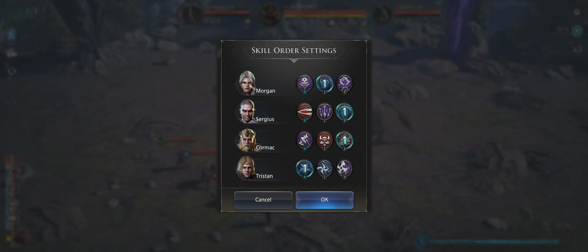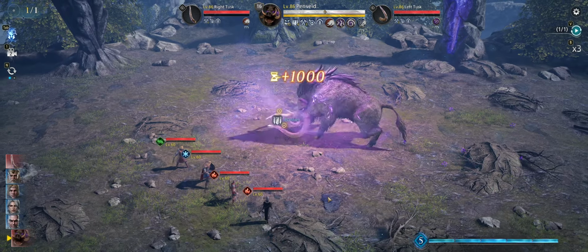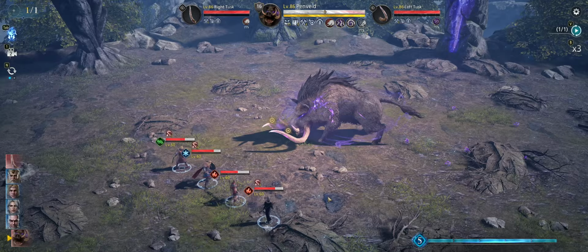You'll have Morgan use her skill 2 to reduce the attack gauge of the boss. You'll have Sergius go in here, boost everybody with his attack gauge boost. You have Cormac as your damage dealer, and you have Tristan to slow down the boss and crack down his shield. But once the boss gets this first initial turn,